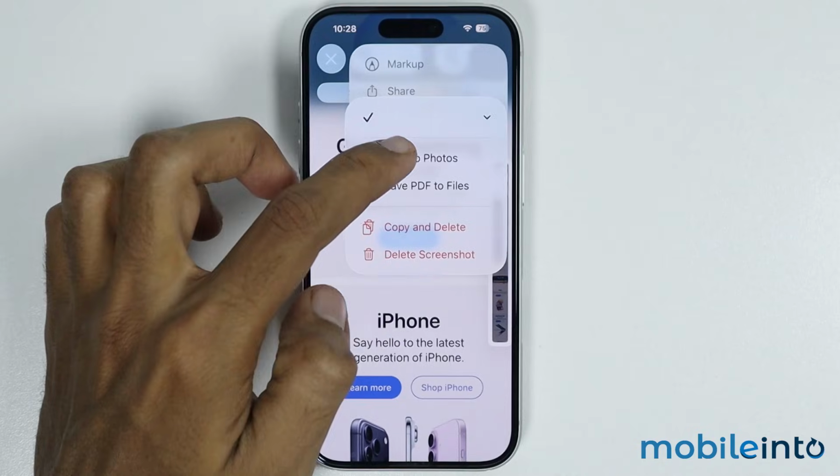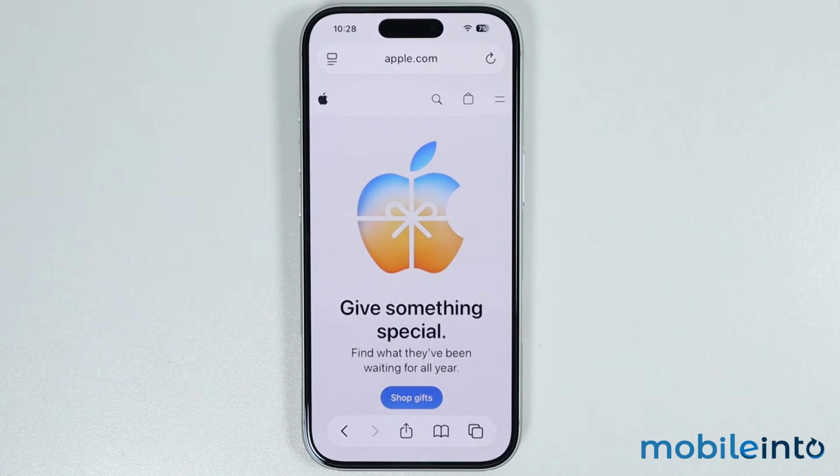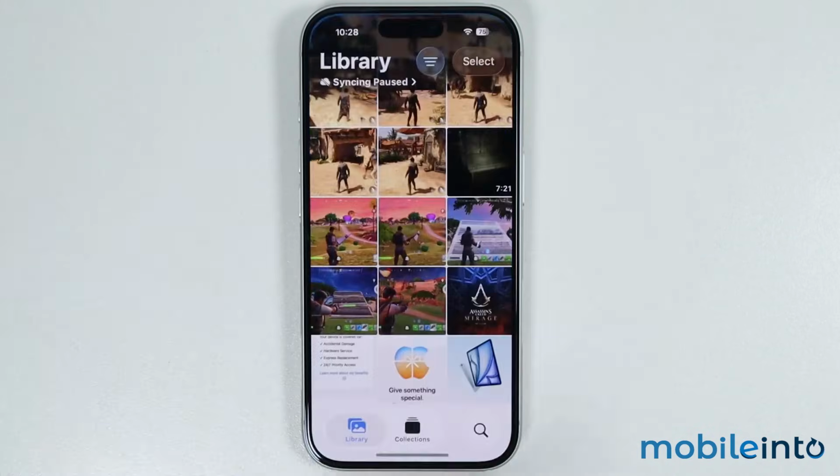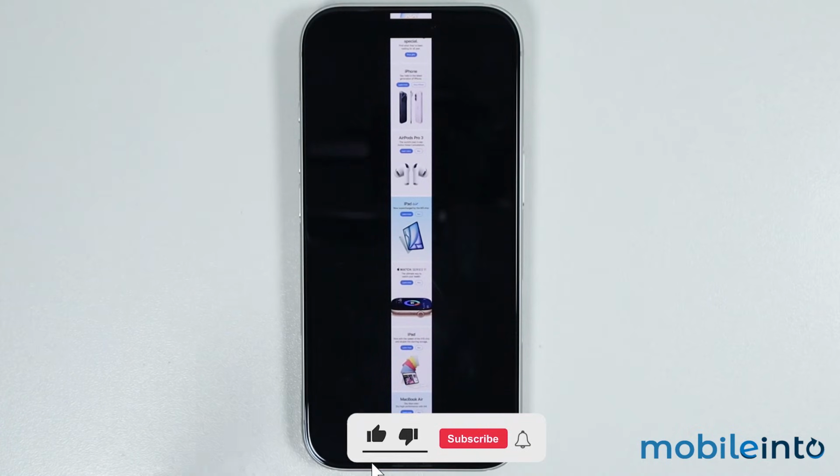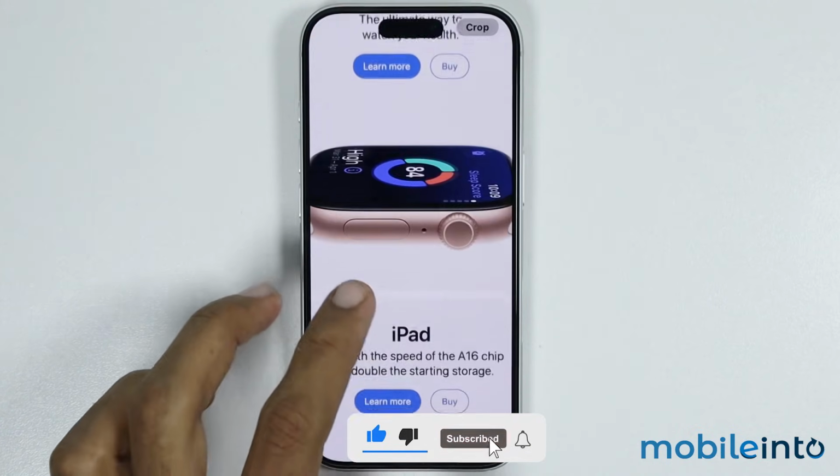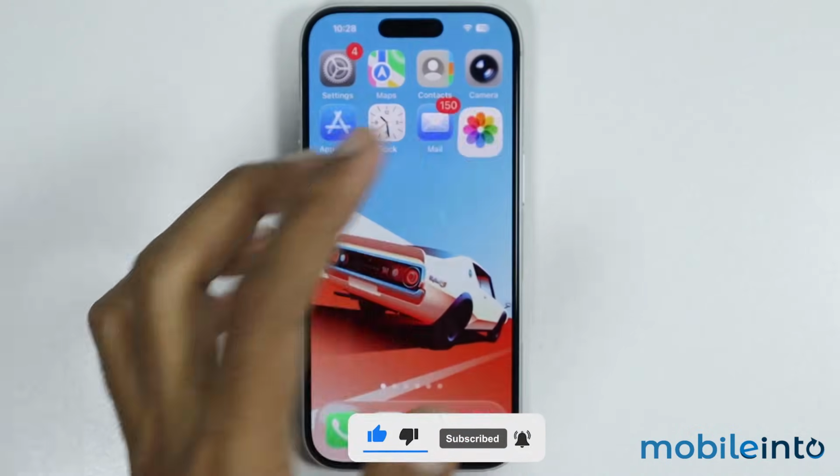Now I will select save to photos. Now you can find the screenshot which you have captured in the Photos app, if you have selected save as photo, just like that. And this is how you can take a long